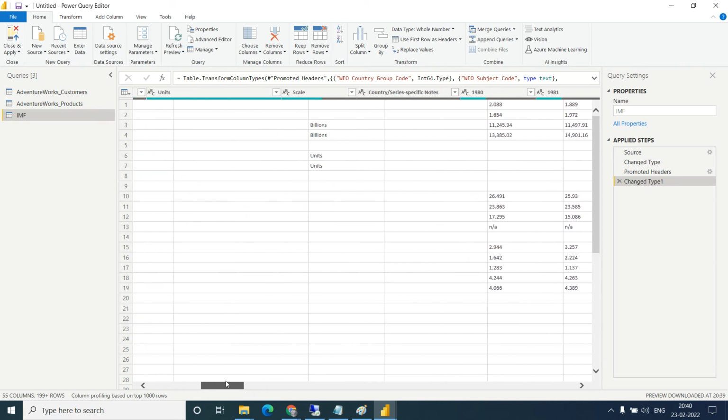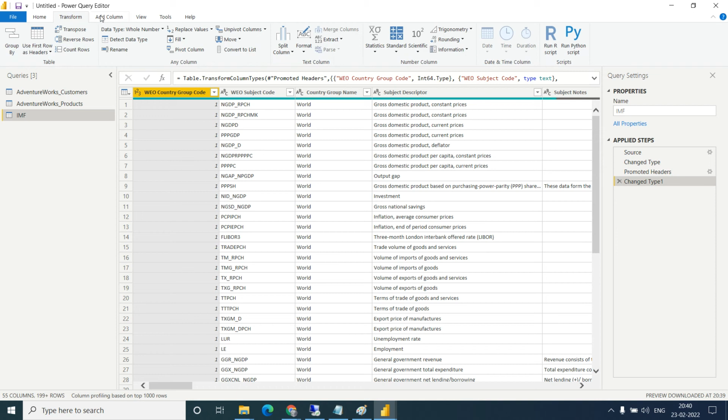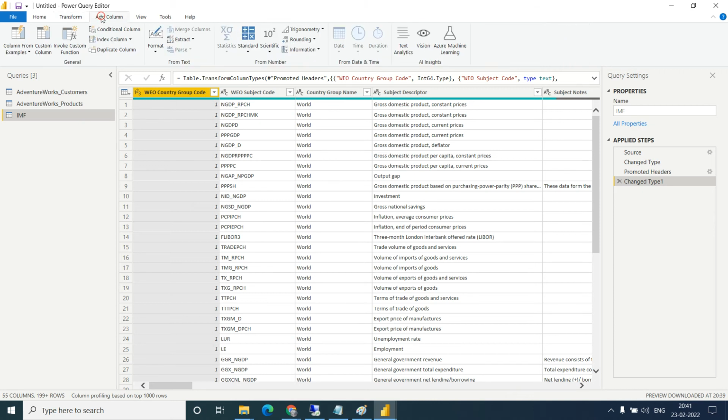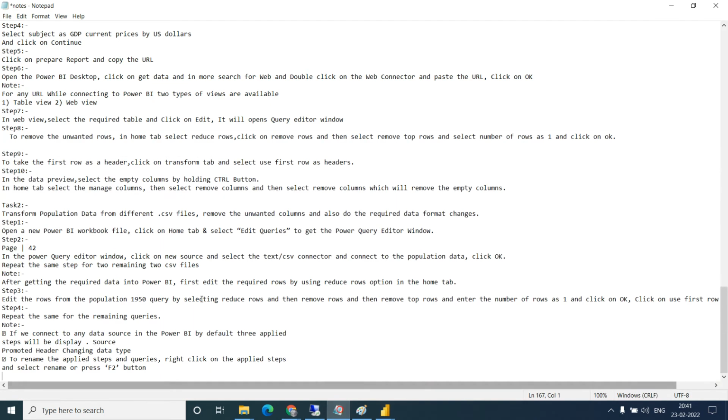So this is how we can perform some transformations. We will see each and every tool one by one. These are the tools available in Transform. Then there is Add Column, so that transformation is also there. So let's see the next task.